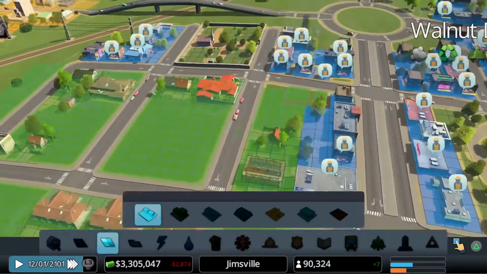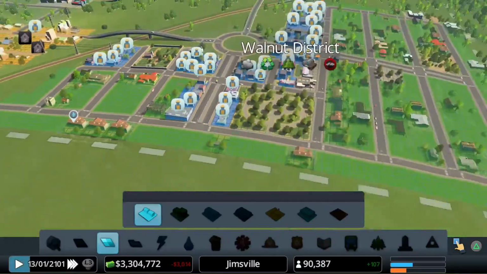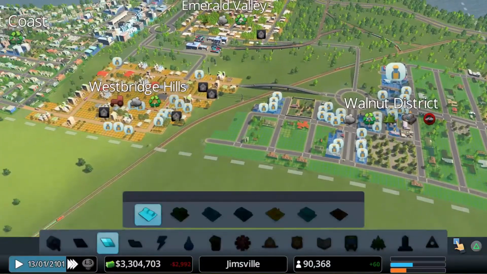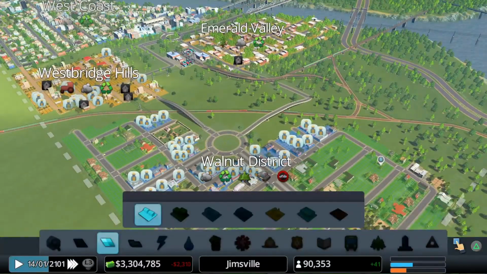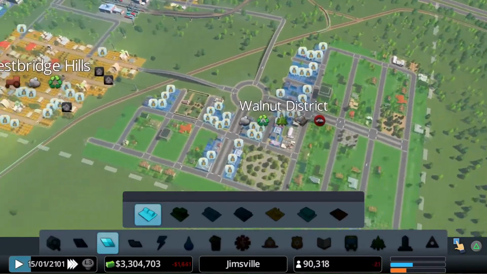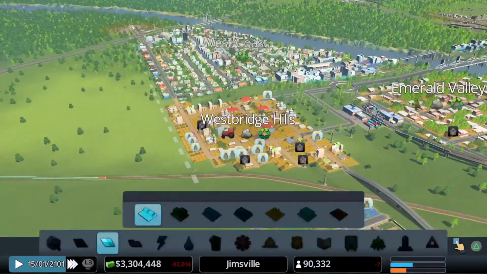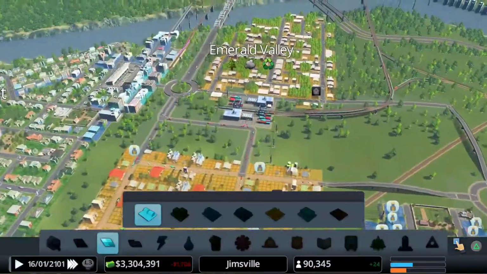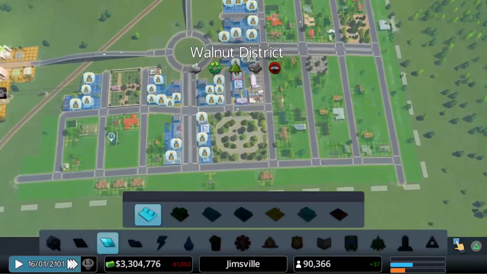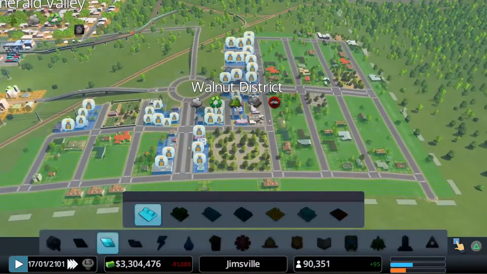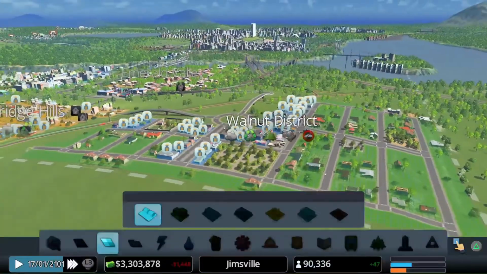So we are seeing a few people starting to move into this new little area. I'm trying to think of a name for it. Let me know in the comments if you have a name suggestion to go along with what we have here. We've obviously got the West Coast, we've got Westbridge Hills and Emerald Valley. These are all farming simulator kind of related names. I'd like to try and keep that theme going with this district, but I can't think of a name to call it right now.